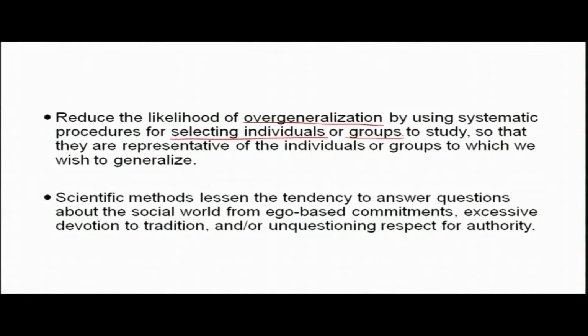We are not overgeneralizing certain gender patterns, certain gender phenomena, and therefore who we select for our study, whether it's individuals or groups, depends on the research design. So we have to be careful that they are representative of the individuals or groups to which we wish to